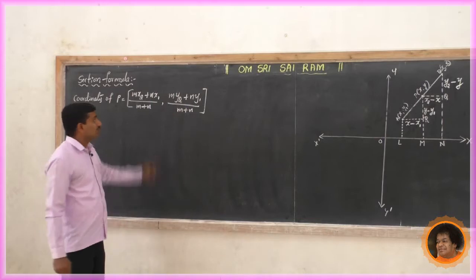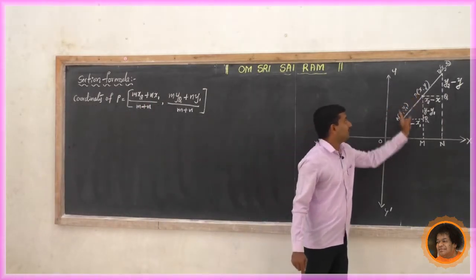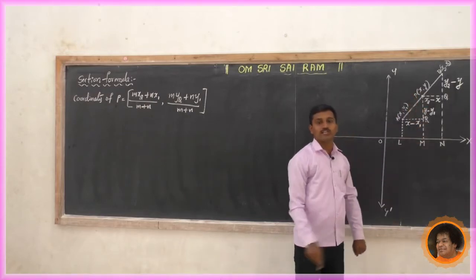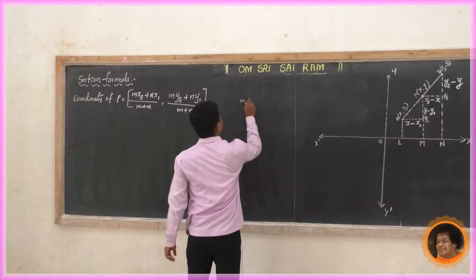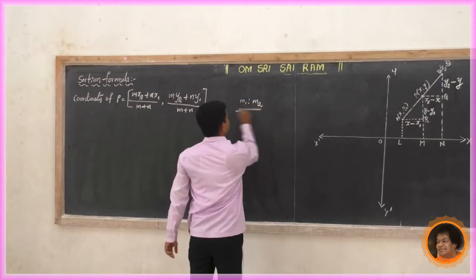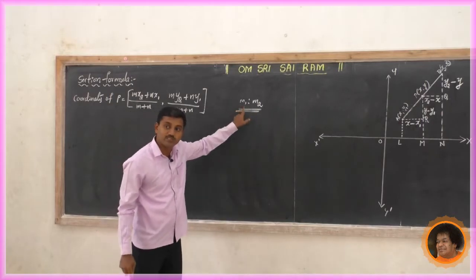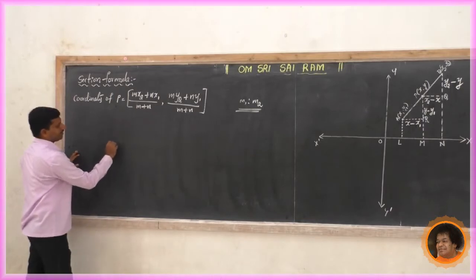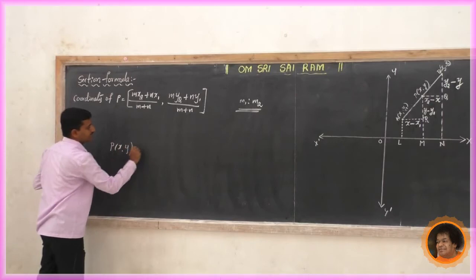Please note that the ratio is m is to n, so P divides in the ratio m is to n. But in your textbook, it is given that P divides in the ratio m1 is to m2. At that time the formula becomes, the coordinates of the point P, or P of x comma y, equal